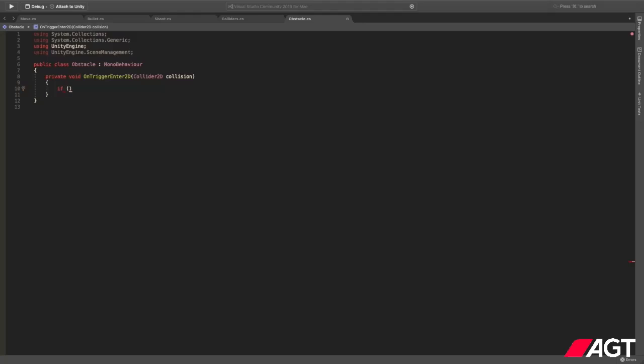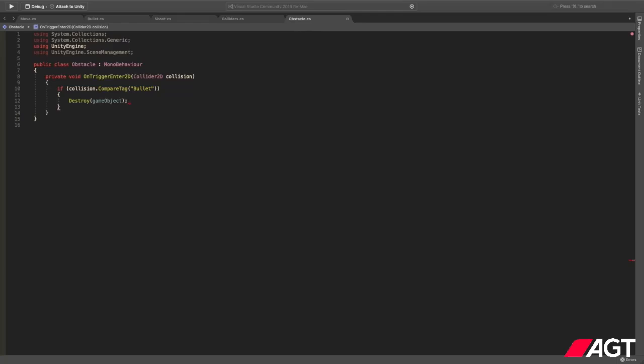So if collision.CompareTag, and we have added a tag to our bullet called bullet, and if we are colliding with the bullet, we want our obstacle to be removed. So